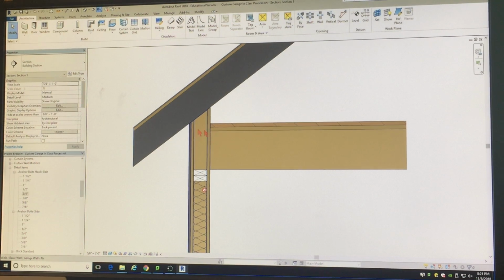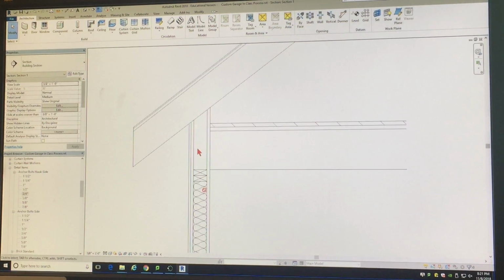Actually come out this further and rest on top of this. You know what I'm talking about? And so what we're going to do is I'm going to go back to just our hidden line view. And there is a way to go about doing that. And so taking a look at this, and what I want to do is